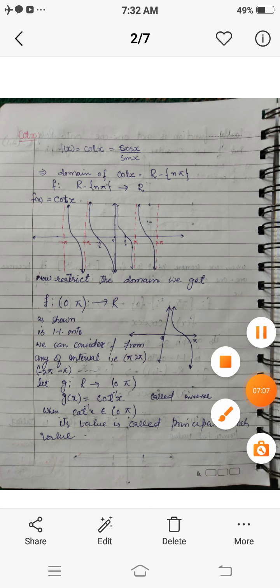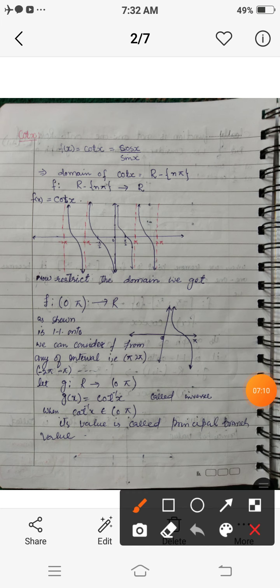Now the last one is the cot. You know that cot is defined by cot equals cos upon sin. The domain of cos is R, and the domain of sin is R. This means that cot is defined only at points where sin is not equal to 0. Sin is 0 at nπ. So when we remove these points, if we consider a function f from R minus nπ to R defined by f(x) equals cot x,